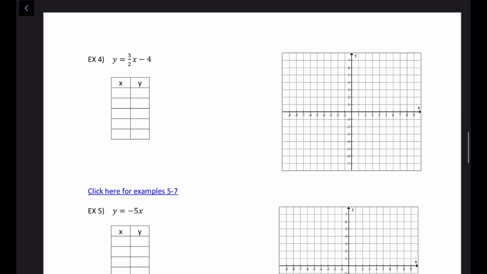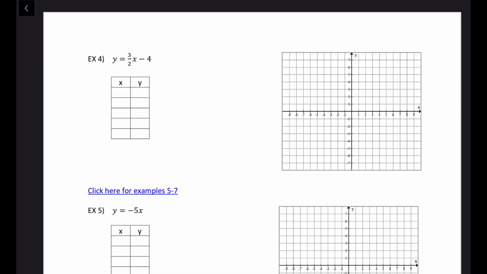Do a couple more, but for number 4, if you notice, we have a fraction with our x, and that's going to change my thinking when I pick my x's. So if I have a fraction with the x, that means I have to multiply those two, right? And I want to multiply by numbers that will give me nice answers. I don't want to have decimals in my table and then have to go to my graph and figure out how to plot decimals. So when there is a fraction with your x, you want to pick x values